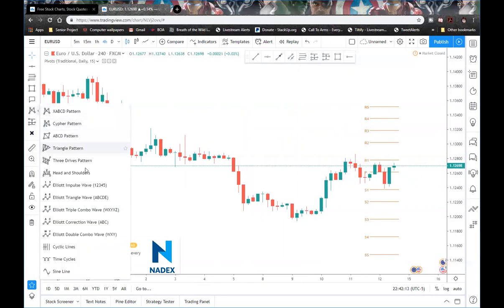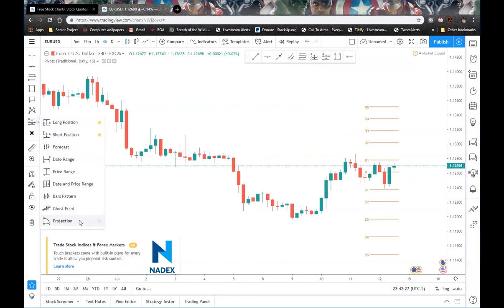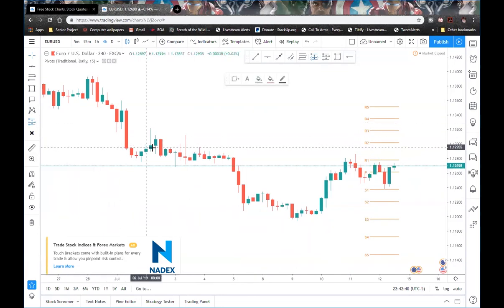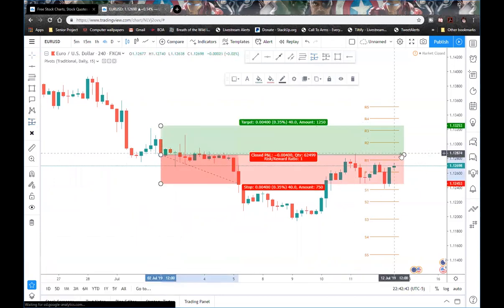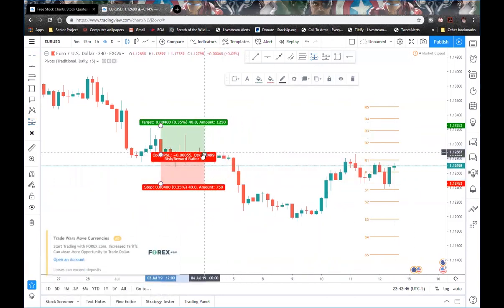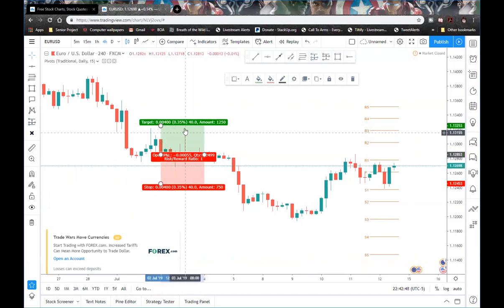This next section has all kinds of crazy stuff. Some of this stuff you guys are going to go over in the education platform, like your Head and Shoulders, but that's not stuff you really need to worry about right now. The two on here that I use a lot are your long position and your short position. So if you guys have been in any weekly forecasts or trade sessions with Cody or Easton, they use this all the time, right? So long position, if I place it, is going to be what would be equivalent to a buy trade, right? Because we have our green, our profit on top, and our red, or the stop loss